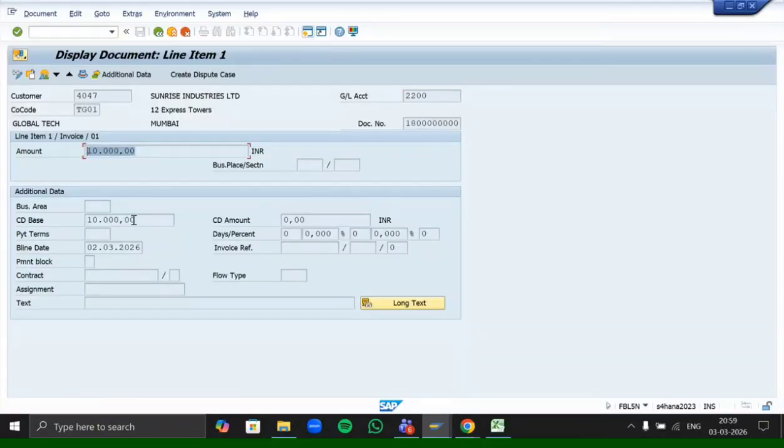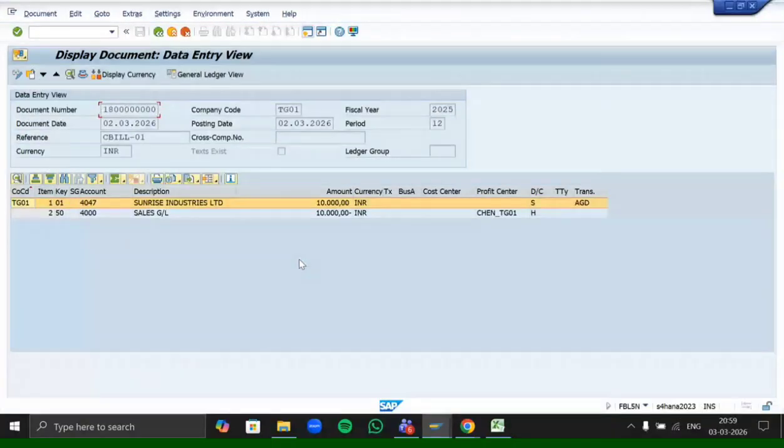Baseline date, we'll understand this part later on when we use payment terms. Now here if you want to know that your customer got debited but which account got credited, then from here also you can check your debit credit notes, and to check it we have an option of document overview, the third icon. This mountain and sun sign is there, right? That is the document overview option. Click on it. It will show you the debit credit note, which account is debited here.